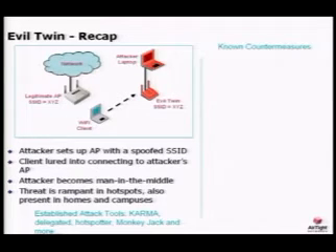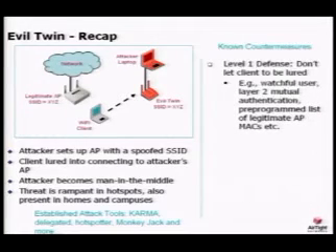Having seen what an Evil Twin is, let us look at some of the prevalent countermeasures against Evil Twin. Level 1 defense: what we are looking at here is whether we can avoid a client actually connecting to the Evil Twin. This is a wonderful idea because it eliminates the problem completely. However, let us see to what extent this can be practical. We give 3 examples of how this can potentially be achieved and see what the limitations of those are.